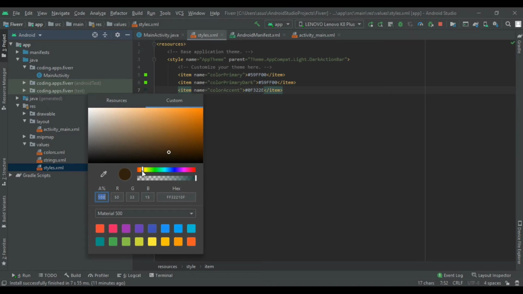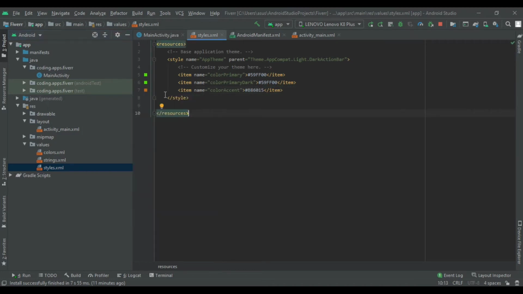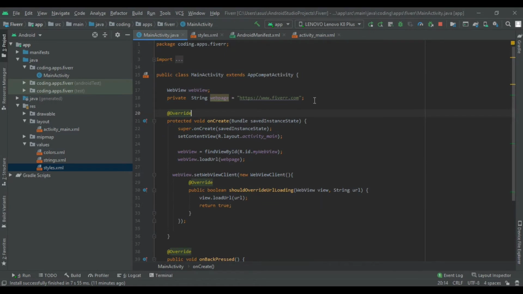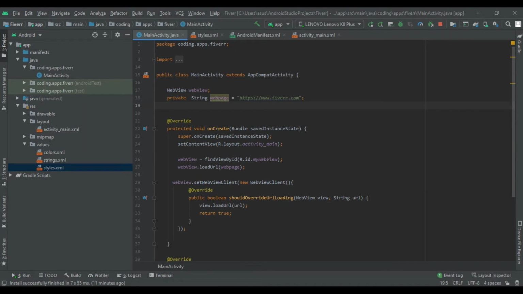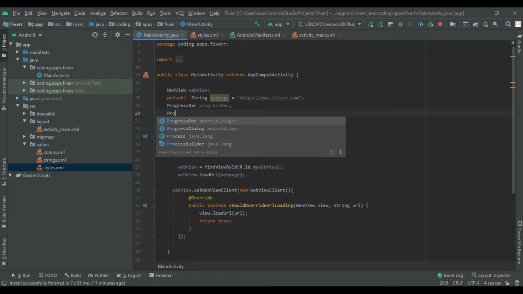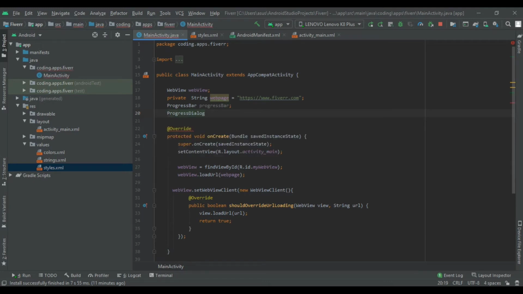After that we are going to come to main activity. Here we are going to declare our progress bar: progress bar is equal to progress bar, and with that we are also adding the progress dialog. So we write progress dialog also. Now it's time to cast it in our onCreate method.